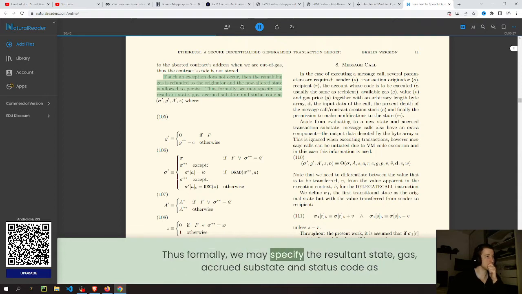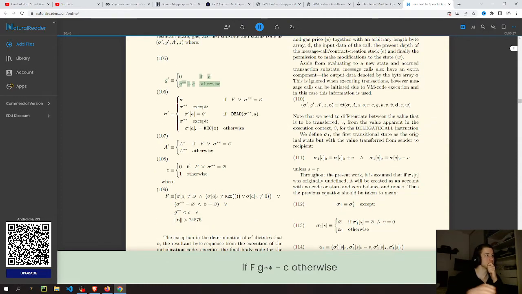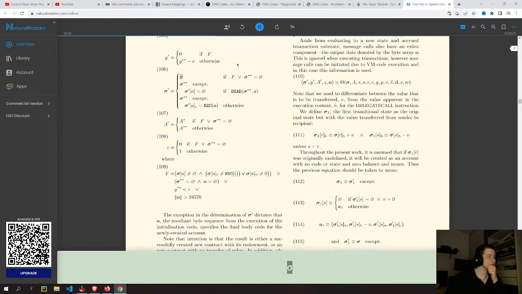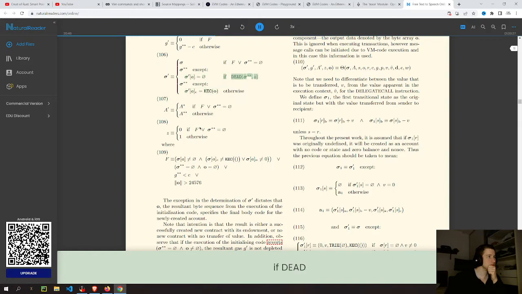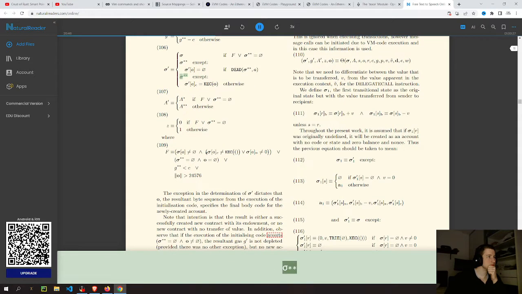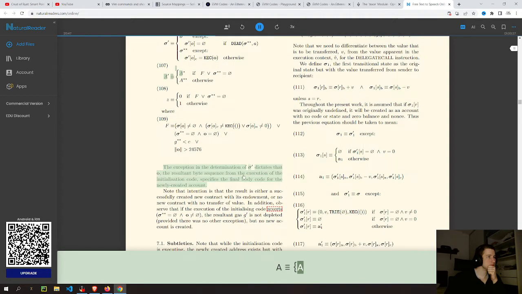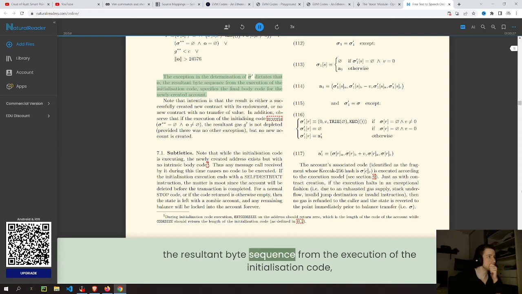Thus formally, we may specify the resultant state, gas, accrued substate, and status code. The exception in the determination of sigma dictates that O, the resultant byte sequence from the execution of the